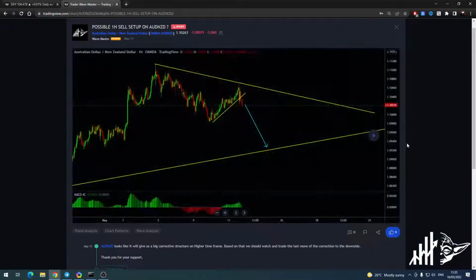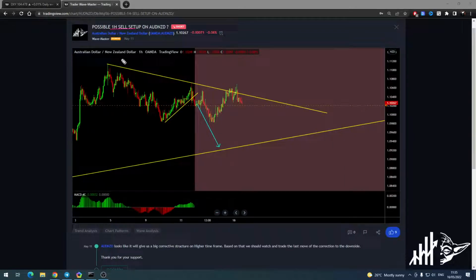But there was the Aussie New Zealand 1 hour setup. If you were watching it, you could sell there. There was another sell. If you sold there, then this was supposed to be a break-even trade. Why? We tagged the low and it struggled there, so all trades taken there should be with a small profit or at least break even. That totally depends on your entry strategy: how you enter the market, when you exit, when you put on break-even. Those are the rules you need to have before trading it.